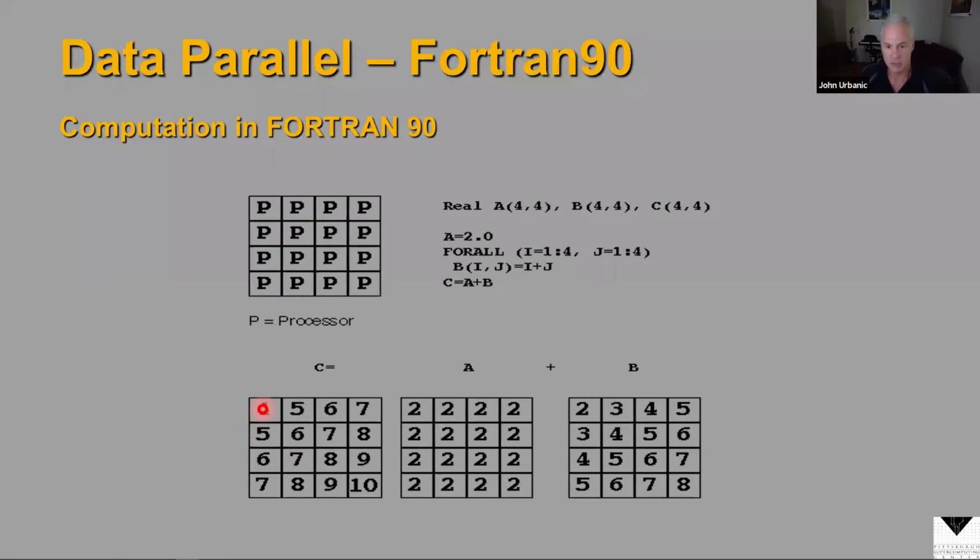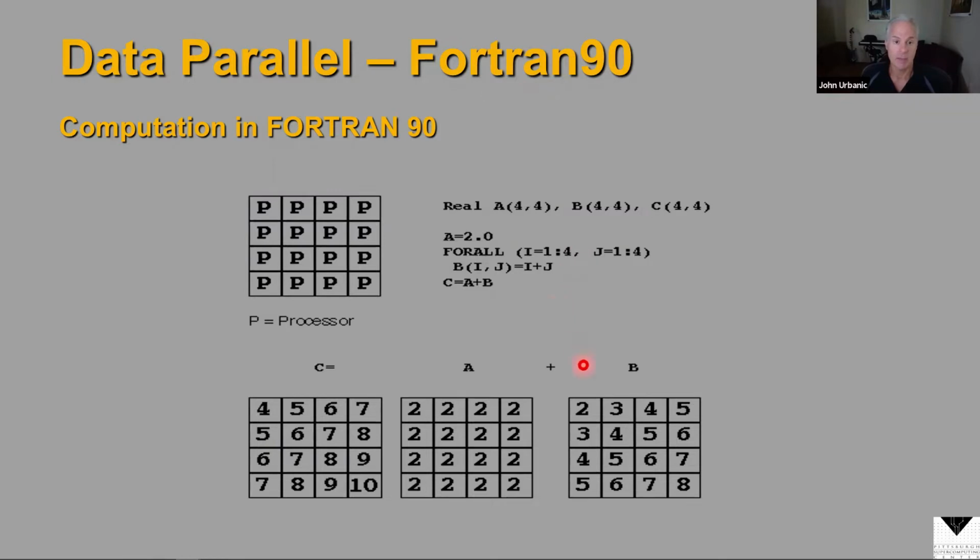Well, one that's been around for a long time and is well regarded in many ways is data parallel. As a matter of fact, data parallel has been around so long that it's now just a generic part of Fortran, as of Fortran 90. It's been 30 years now since Fortran 90 came out, and Fortran 90 has statements that are just data parallel. Data parallel is a wonderfully simple and straightforward way of doing parallel computing because it just uses array statements.